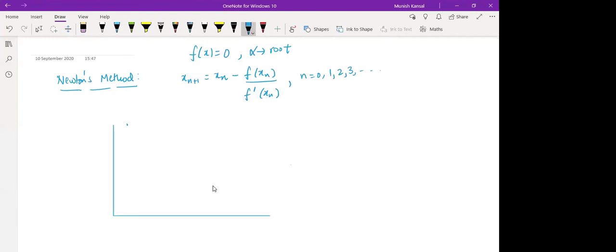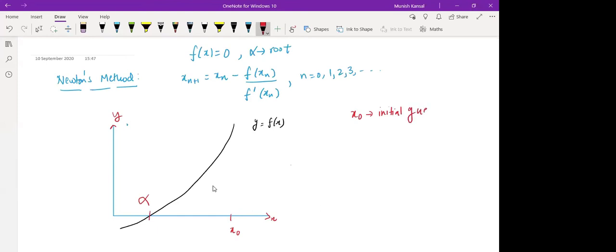then you will see that if you have a curve, say y is equal to f(x), right? Say you want to compute the root. Let us say this is the root alpha, where the graph of the function cuts the x-axis, that becomes the root. This is my x-axis, this is my y-axis, right? Now, the idea of Newton is that you start with some initial approximation. Let us say we start with the initial approximation, say x naught, right?